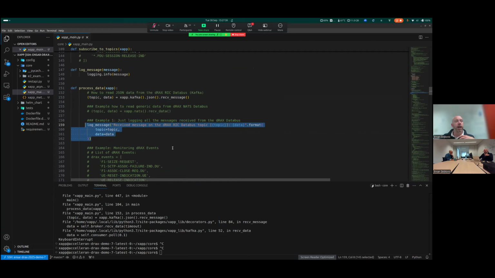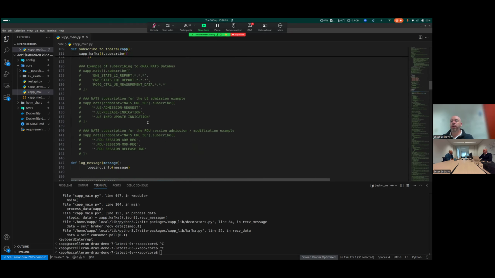What's happening behind the scenes is that we are, of course, using Kafka, as I said, as our data bus, as the streaming framework. Now, Kafka works as a publish-subscribe mechanism, so you can publish things on certain topics, and then you can subscribe to those topics on other ends and receive that data, right? So that's our main message exchange system that we have in the RIC.